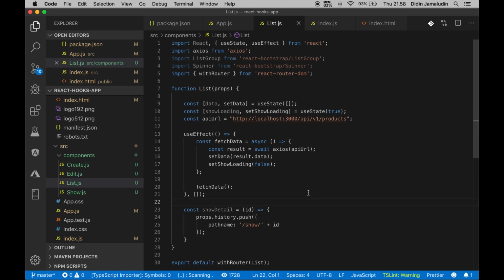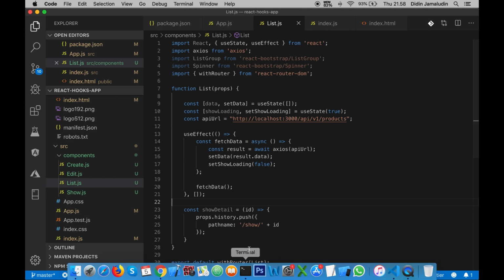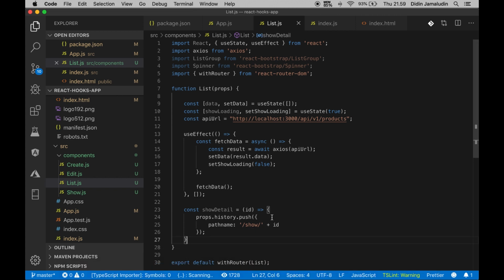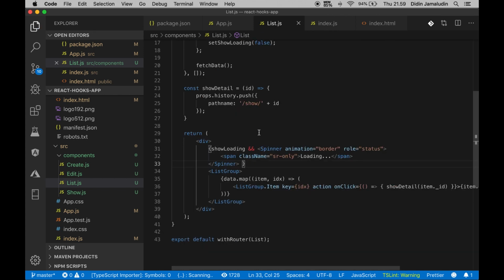Implement the render components that contain a React Bootstrap list group and spinner, where the list group iterates data from the data constants of the React hooks useState. List items in the list components are clickable and navigate to the show component. For that, open and edit the RC components